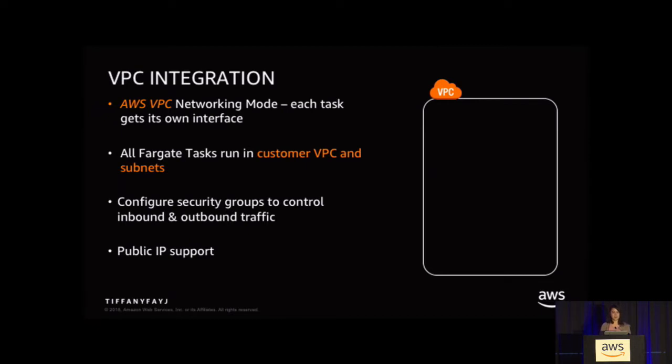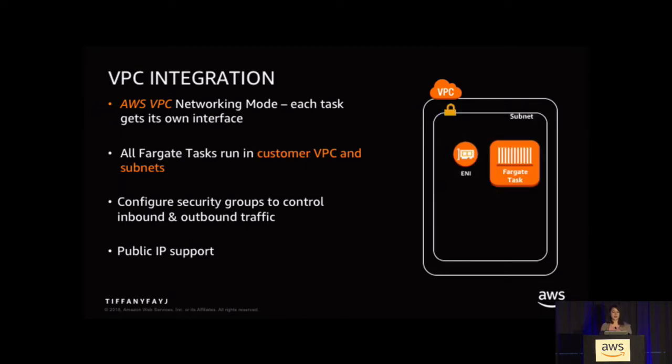If you look into the VPC, you have your Fargate task. It ends up attaching an ENI for every single task that you have, and each task ends up getting its own IP address. Then you can determine how you want that to be visible and connected to. You could have part of your application running in a private subnet, say if you have a database and you don't want people to have access to it, and have the web server public, so they can interact with each other that way. And then you can also integrate that with, say, load balancers.